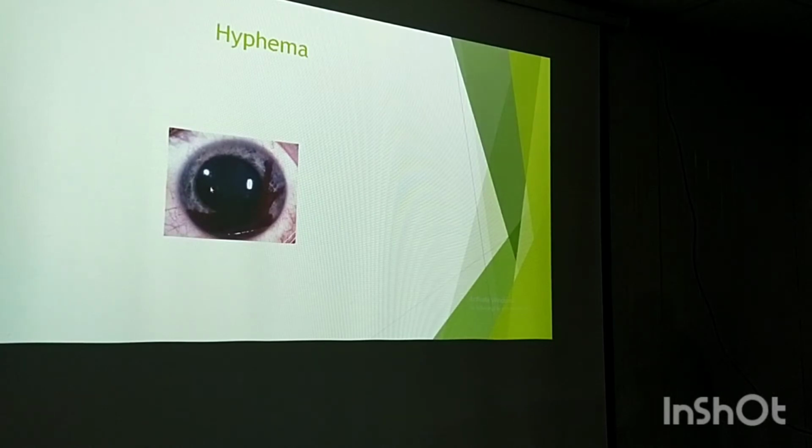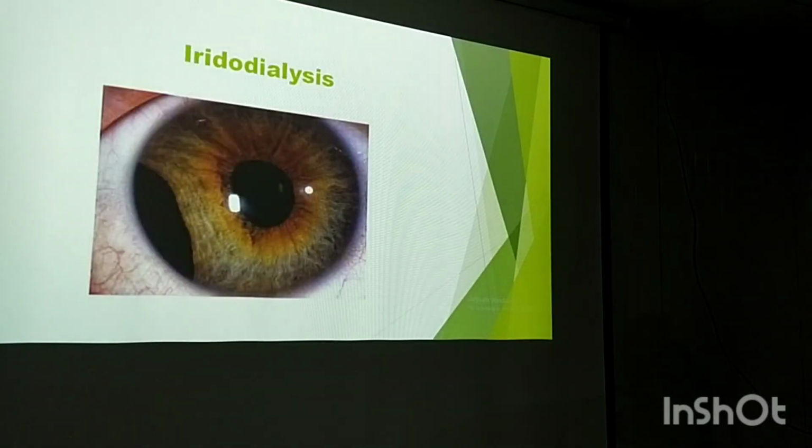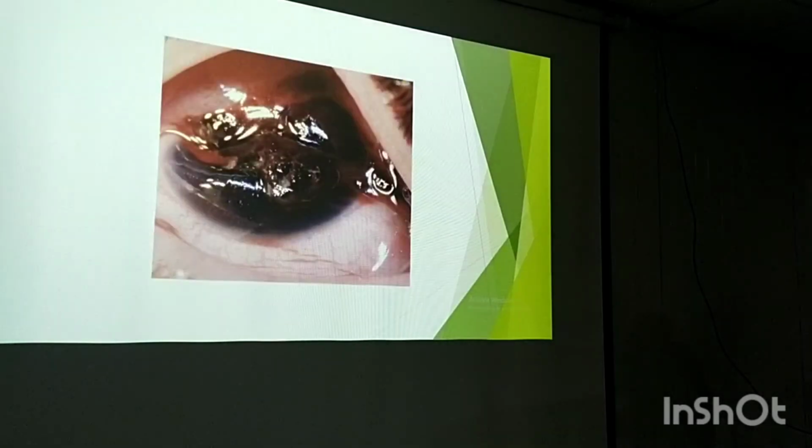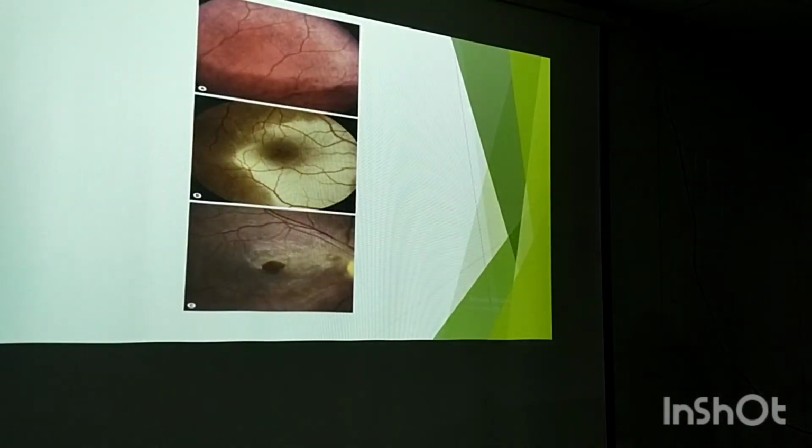We know this angle, corneoscleral angle or angle of the anterior chamber, is responsible for the drainage of aqueous. Once it is blocked, what happens? Glaucoma is imminent. Again, this is a picture of iridodialysis, ruptured globe. Again, commotio retinae, and macular hole. Once macular hole, traumatic macular hole,